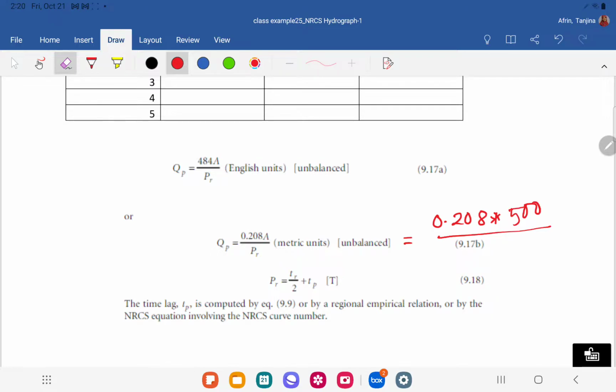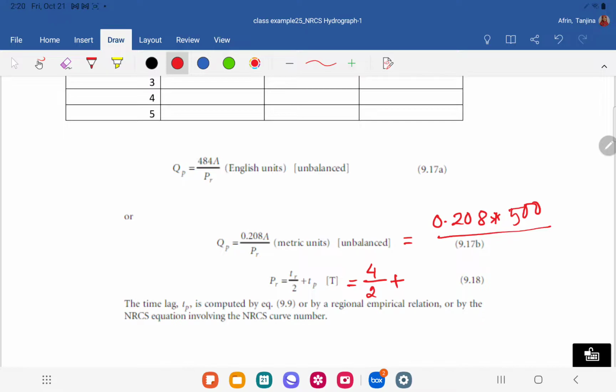So the TP is TR over 2 plus TP. I think the only change from Snyder's method is that we use the TPR here, not TP. So here it's a little bit different. TR is 4 over 2,